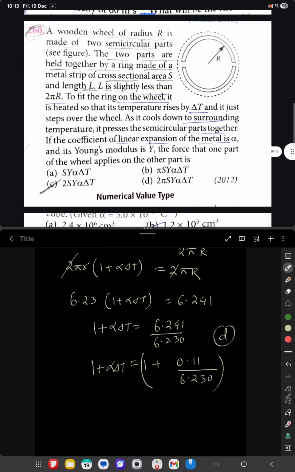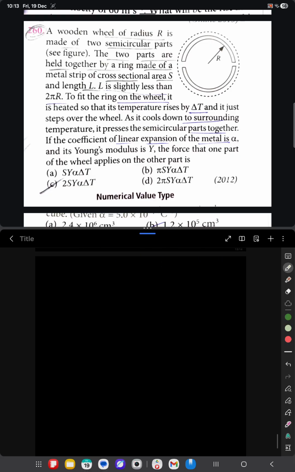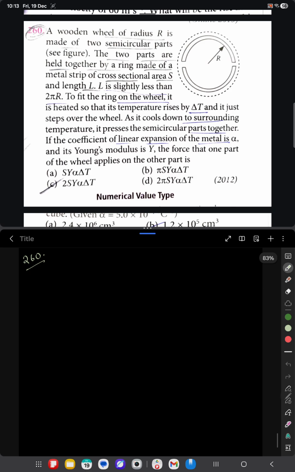Now next question, 260. In my elasticity video, we have solved this one. There is a wooden wheel of radius r, and it has a cross section area. If I draw this one,